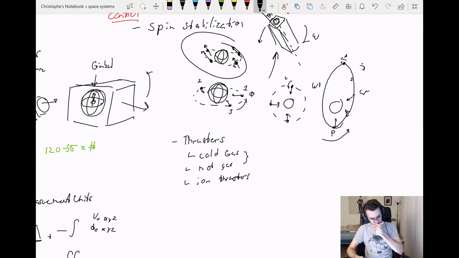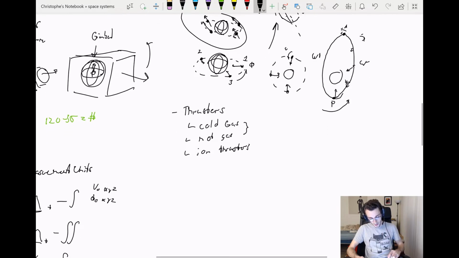Now these two are kind of similar in that they use a pressurized gas or fuel to drive the thrust that they generate. So the way that thrusters work, I'm just going to talk about cold gas and hot gas right now. I'm going to ignore ion thrusters for the moment. The way that thrusters work for actuation control or attitude control